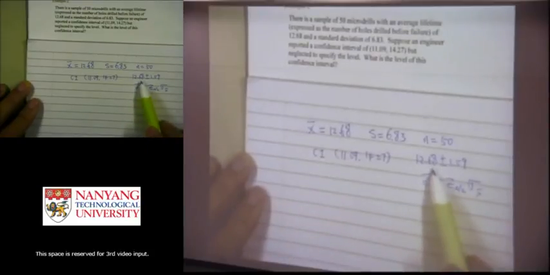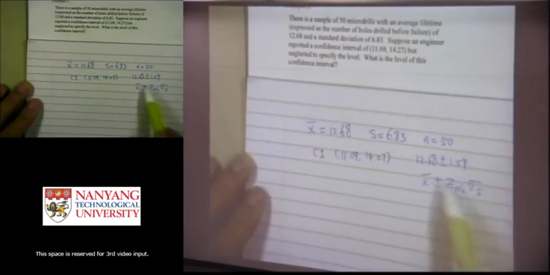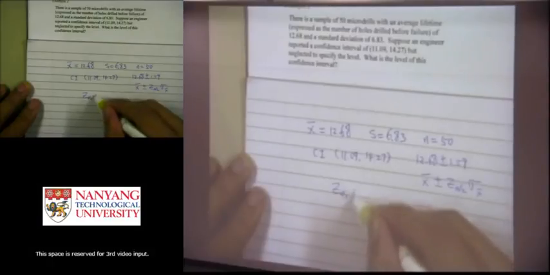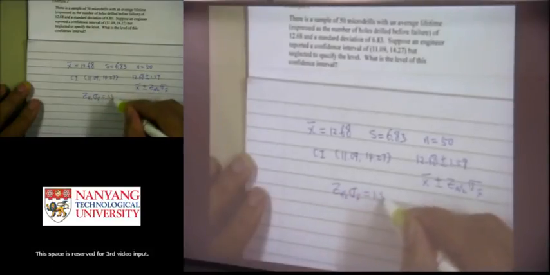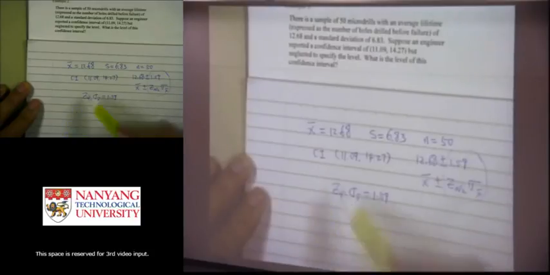So we compare the given confidence interval 12.68 plus minus 1.59 with x bar plus minus z alpha over 2 sigma x bar. We can know that x bar equals 12.68 is given here. Then z alpha over 2 sigma x bar equals 1.59. Compare these two parts, we can know this equals this, right? And the level of this confidence interval is related to this value,